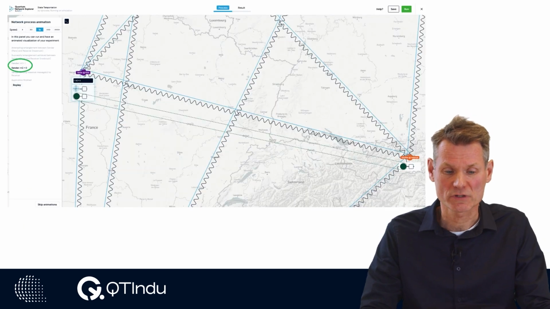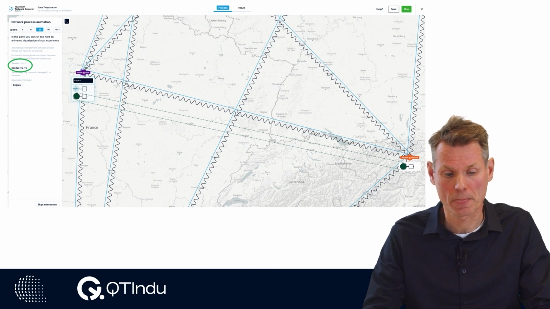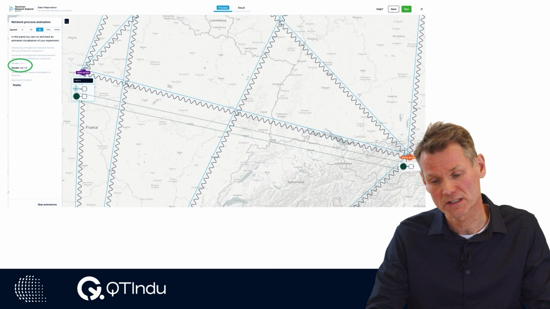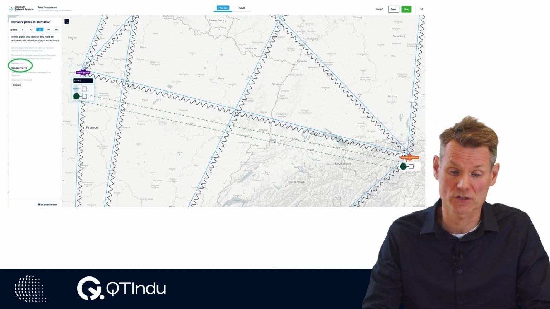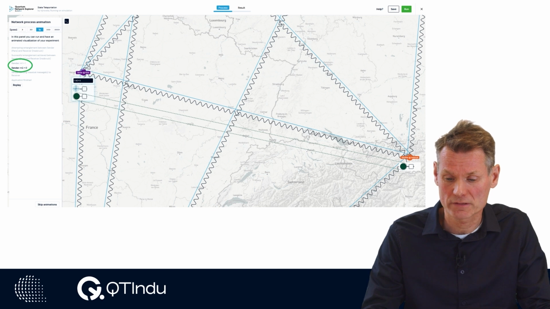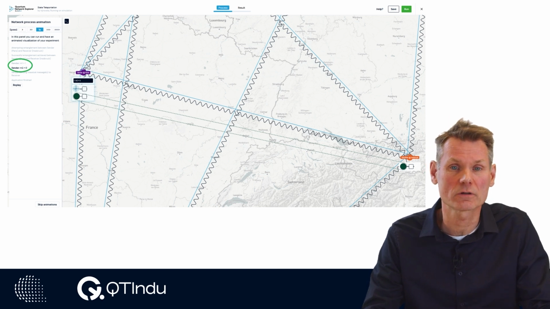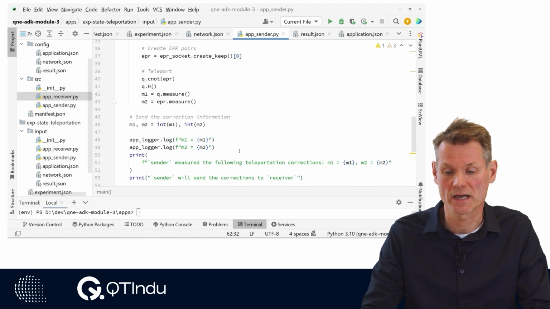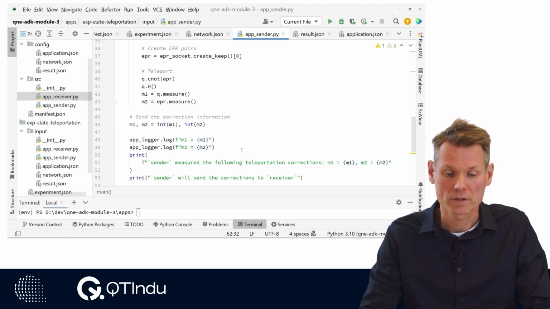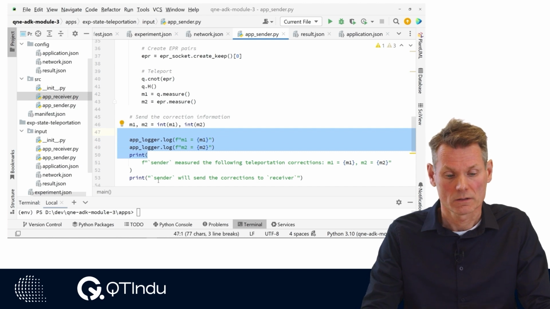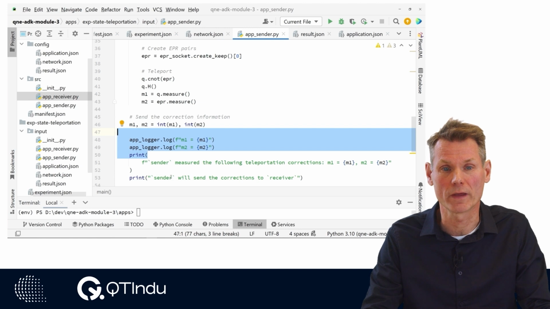On the front end, process animation steps are shown. The animation of the experiment consists of a number of steps. Some of these steps are added by the simulator when some events occur in the application. For example, an EPR pair is created or a gate is executed on a qubit. The application developer can add animation steps by calling the application logger from the Python program to log some output for that role. These messages are added to the animation, prefixed by the role name.